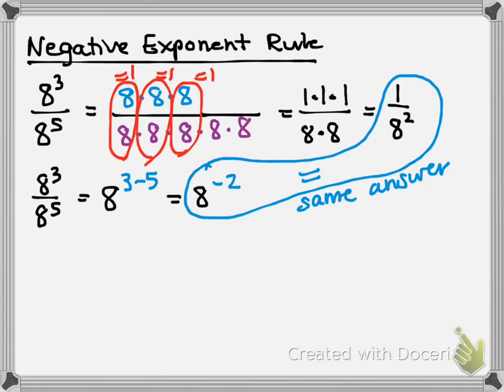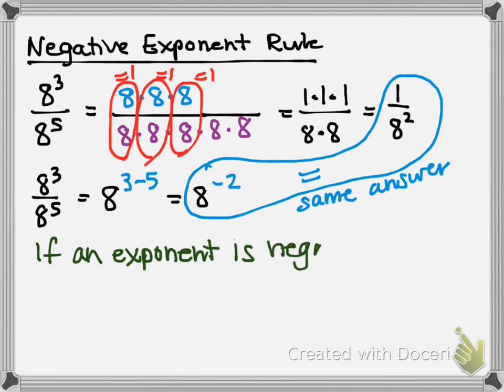Where did this 8 end up? In the denominator. So a negative exponent was on a numerator number. It became a positive exponent when it went into the denominator. That's all a negative exponent deals with, is location of your base. Okay? So we're going to write down this rule. If an exponent is negative, shift the base, or shift its base,